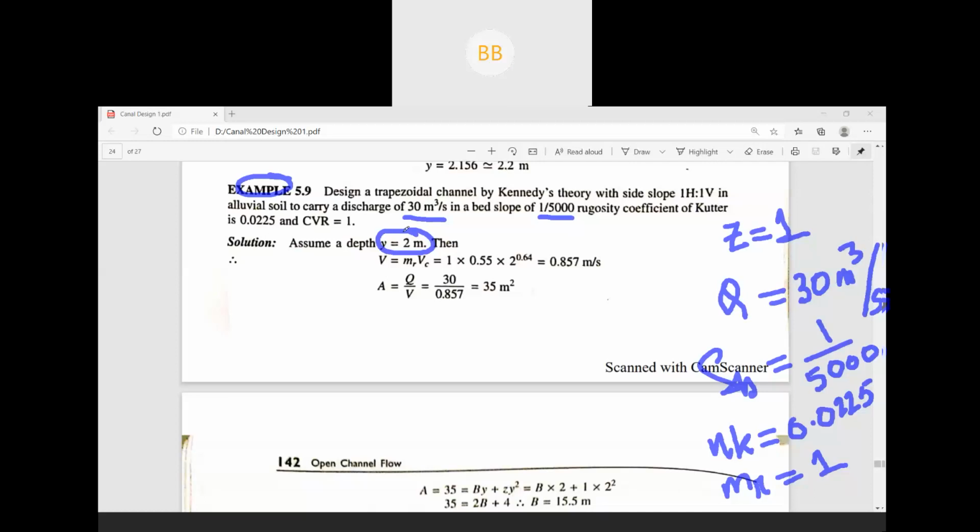I think you have already written the steps, so you can follow step by step. In the first step, we have to assume a depth. So in the first case here we have assumed 2 meter. In the next step we need to find the velocity. What is the equation for velocity? It is